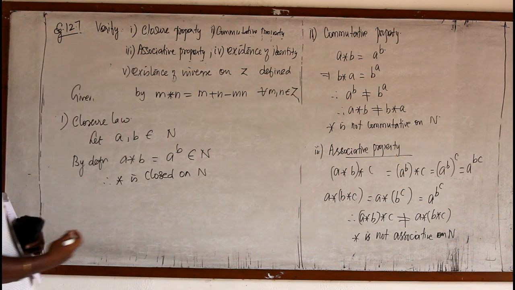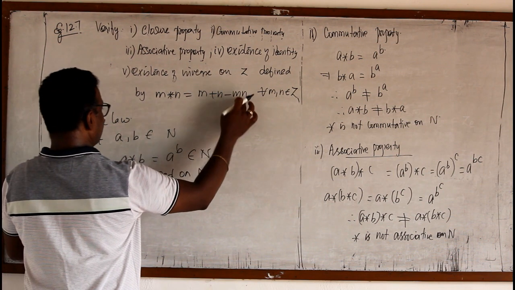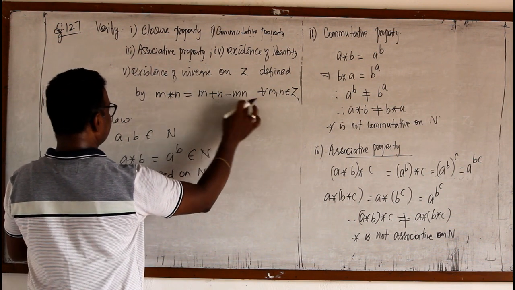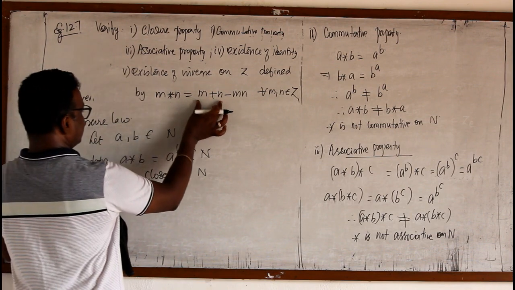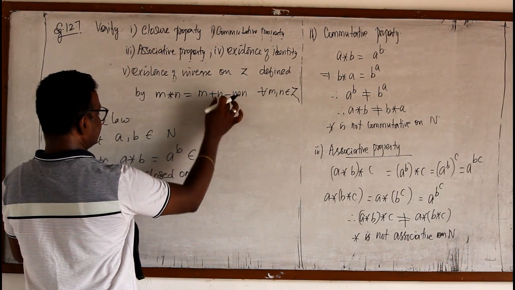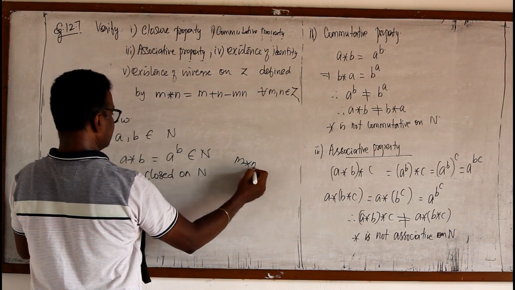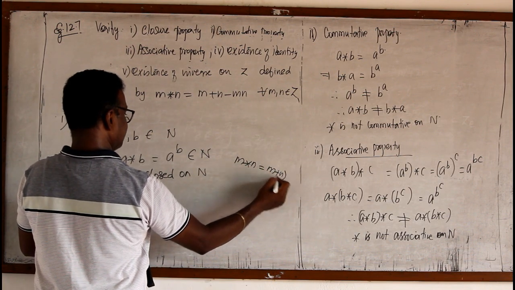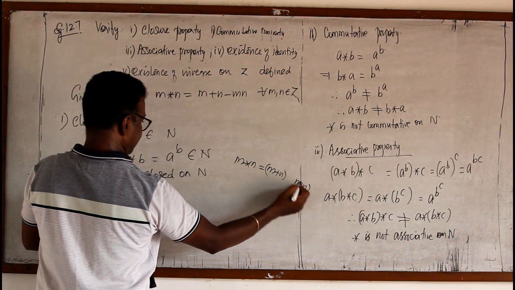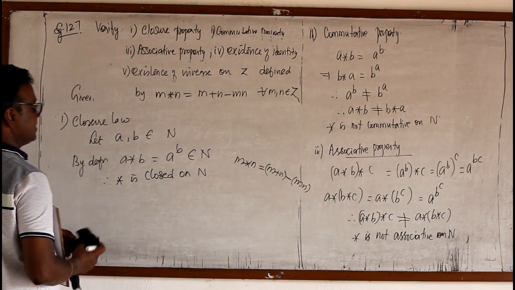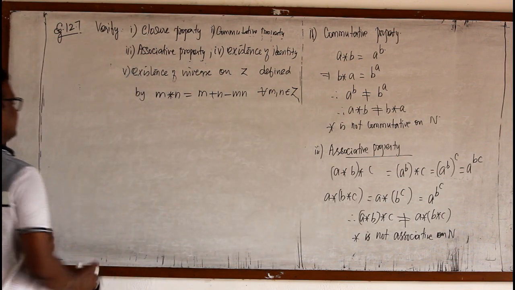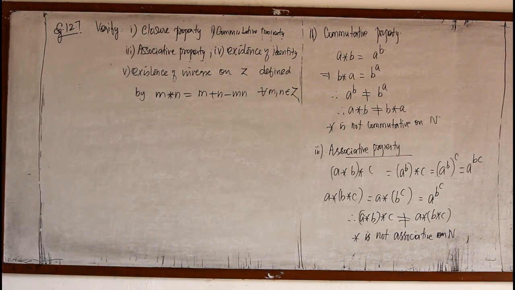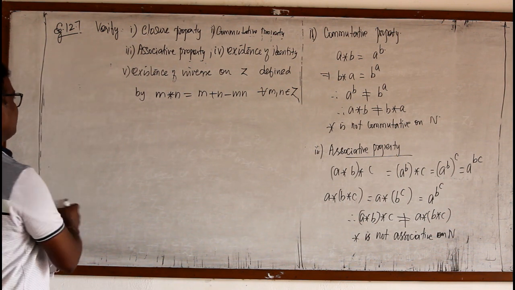That means star means what? You add two elements, multiply these two elements, and then find the difference. That's the meaning of star. M star N means add the two elements, multiply the two elements and then subtract. This is the star defined here. So we shall see whether, as per the star, Z holds all these five properties.